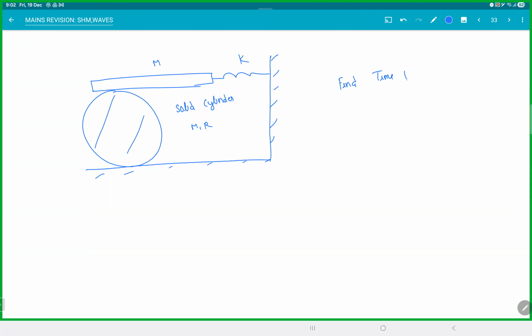This is slightly tougher. This is tougher, more than mains definitely. But since we are looking at it anyway, the idea is the same. Let's see how you will handle this. Find the time period for small oscillations again. So if you oscillate,